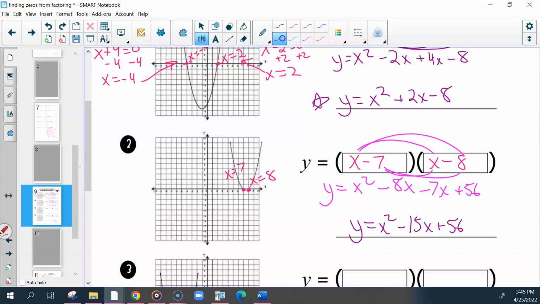If you wanted to check yourself with these, you could factor it back out and you should get the same factors. And then you can solve those factors and there should be the solutions on the graph. Everything is connected, so however you want to show that. Now you have time to go and practice. Let me know if you need my help or have any